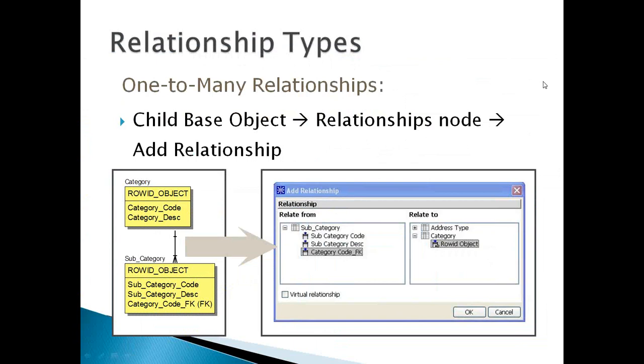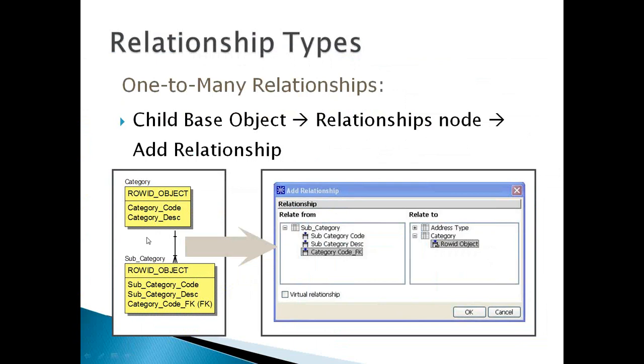So in this slide, on the left hand side, there is a category table and there is a subcategory table. So category is my parent table and subcategory is my child table. According to our model that we will be doing in the lab, between them we have a one-to-one or one-to-many relationship.